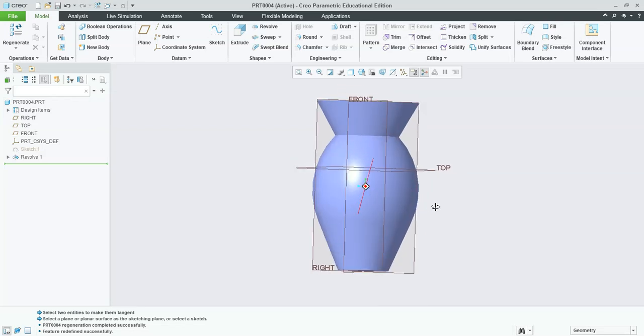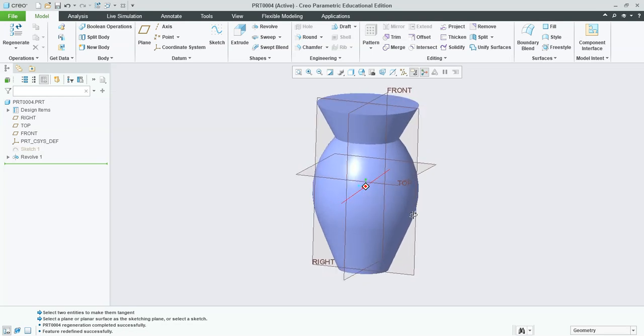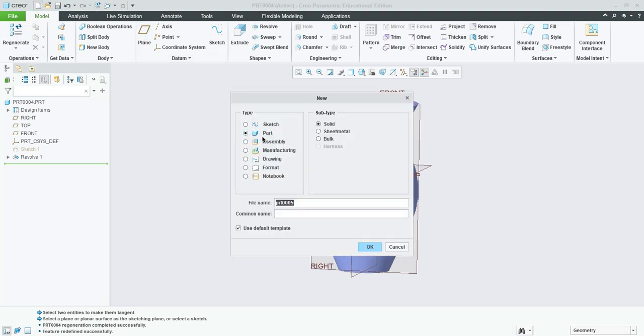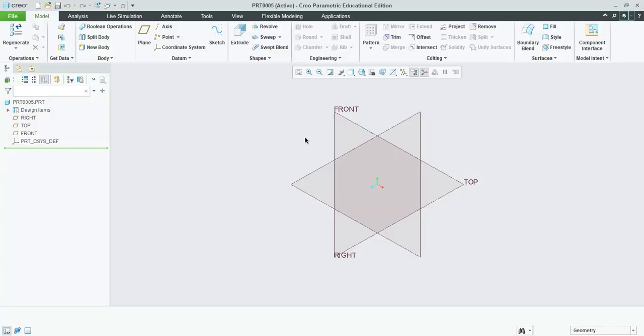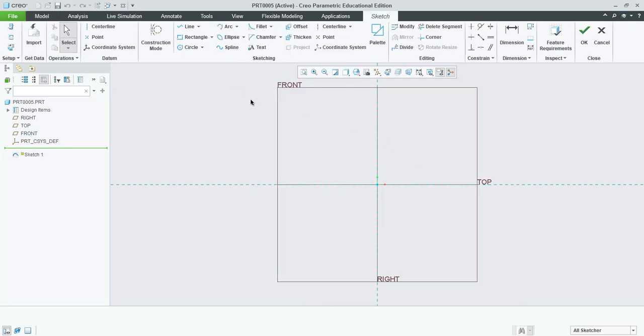Alright, let's try to make this 3D object and let's put some measurements on them. Okay, so we're going to start a new file, a new part, leave the name, check the default template, and we're going to draw it on the front datum plane and skip. And then we are going to create a line here